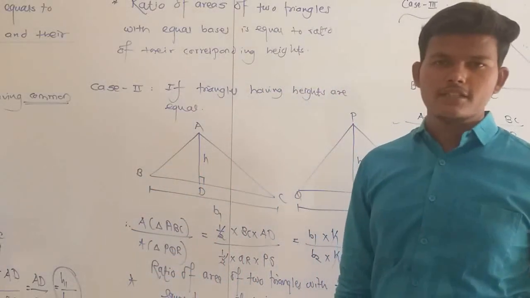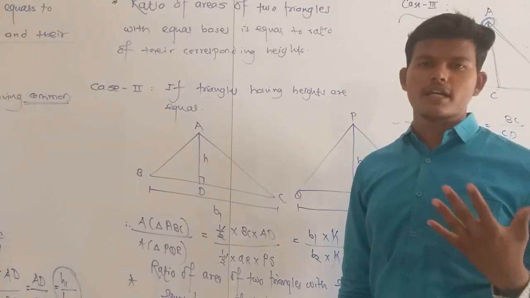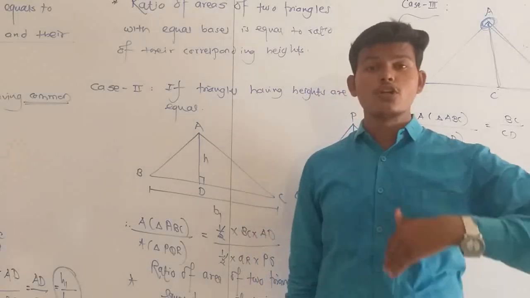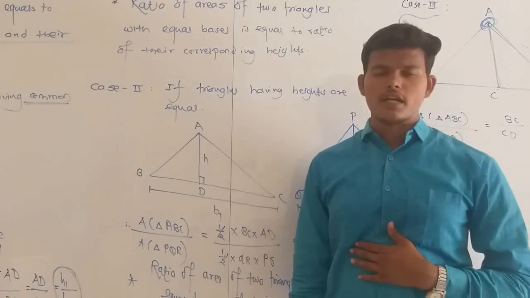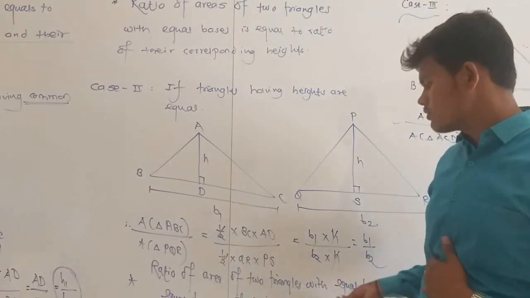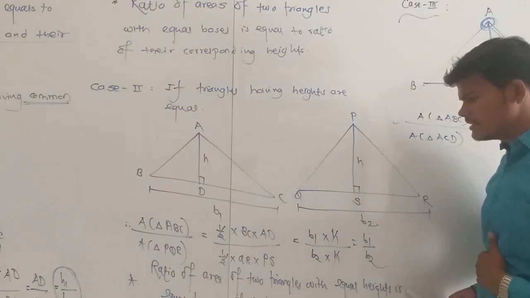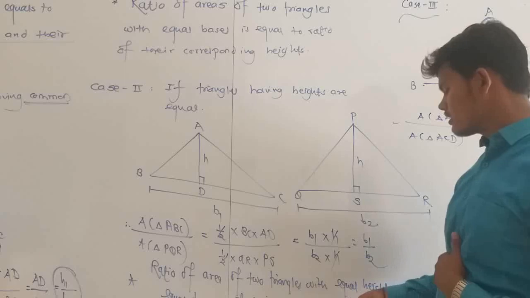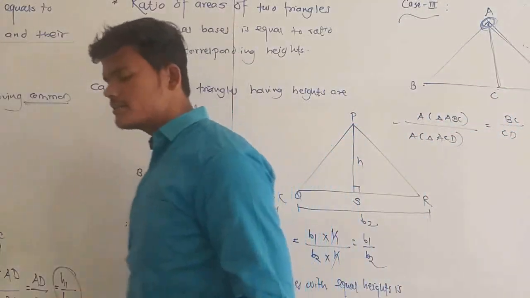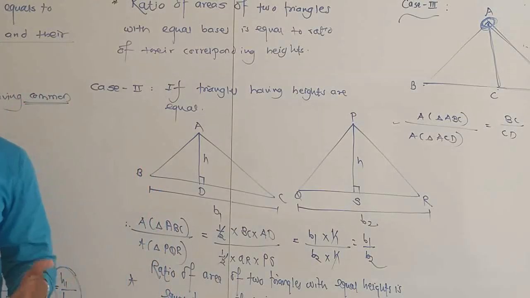Case number second is if two triangles have equal heights. If the heights are equal for two triangles, then their area is proportional to the bases. And this statement can be written as the ratio of the area of two triangles with equal heights is equal to the ratio of their corresponding bases. That means if two triangles have equal heights, then their area is proportional to the